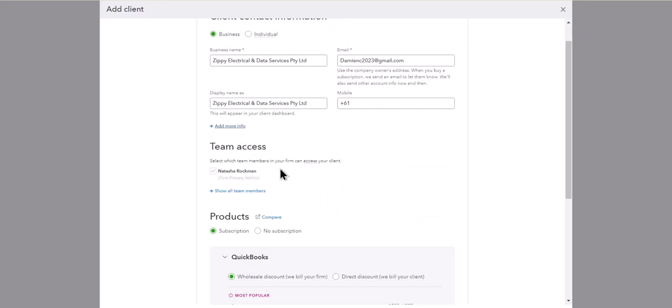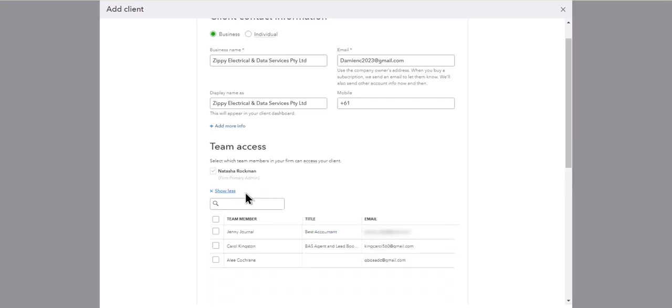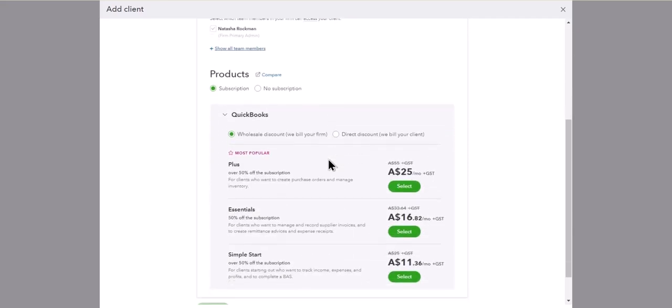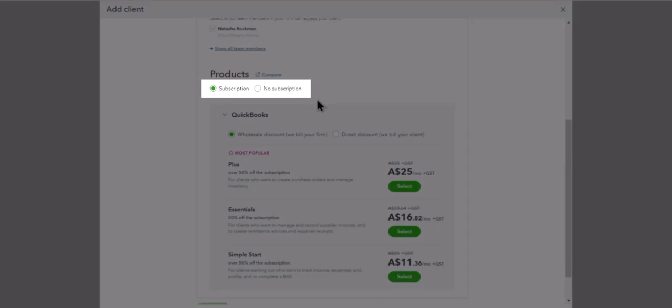The team access, Natasha has team access at all times, so she's the primary admin of her firm. Click on Show All Team Members, and she has the option of choosing any one of her team members. And in this case, it's going to be Carol Kingston that heads up the bookkeeping. So we'll choose Carol. As we scroll down, you can see you've got the selection of subscription or the choice